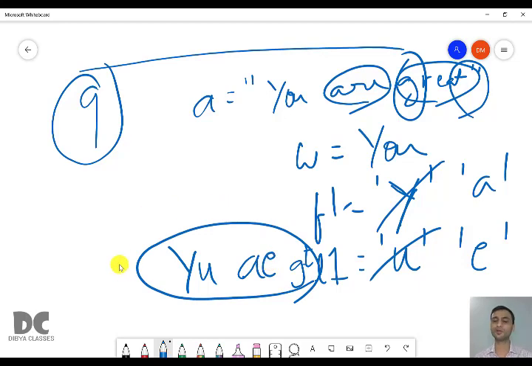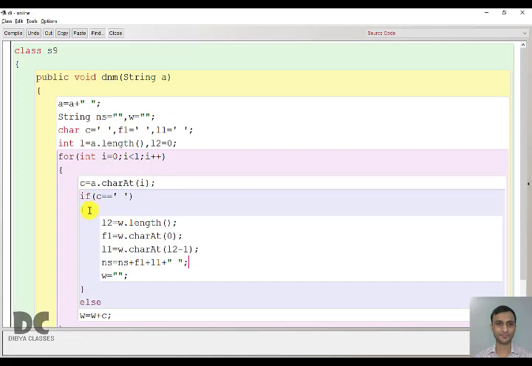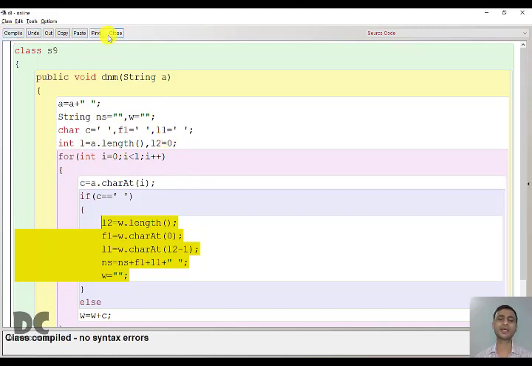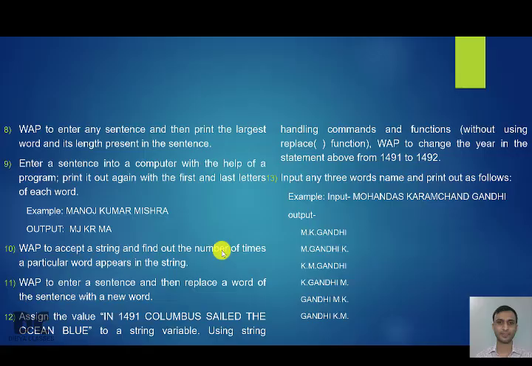It is very easy. Once you understand how to extract a word, you just need to change the true block of the if every time according to different programs, or else everything will almost remain the same. Only you have to see what variables you are using. That is, declare all the used variables. So it will not take much time. Let us move to the next question. That is question number 10.